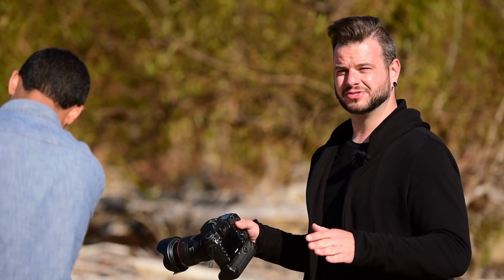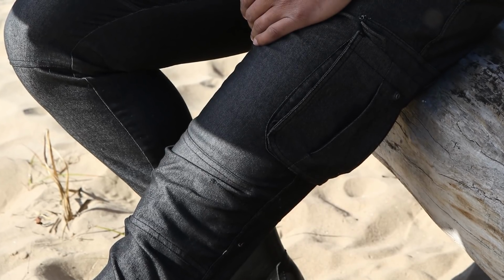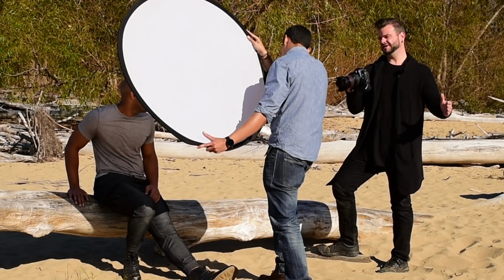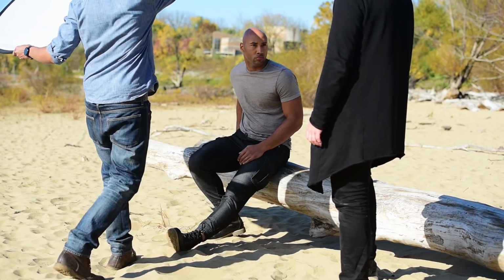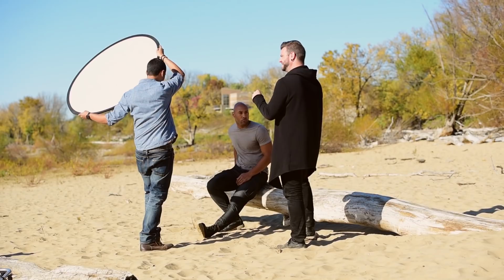I'm really liking this composition, but I see a major error here. The hard sunlight is sort of sneaking into our frame and creating this hard shadow line on his pants. So initially you might think that, oh, we'll just pull this white diffusion disc back and try to cover that area as well. The problem with that is that that light source, that soft, really nice light on his face,